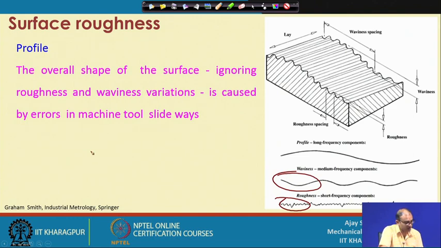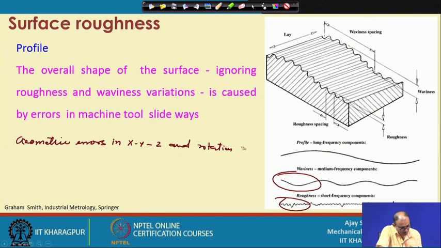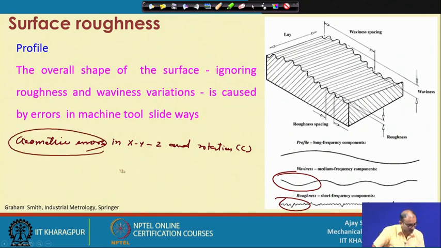Now, consider that we have seen the geometric errors. Geometric errors in x, y, z and rotation, that is c axis. We have seen some animation where your movement was in the x direction, but you are getting a rotation in the y direction, translation in the y direction, rotation in the z direction, translation in the x z direction. So, those are the geometric errors. So, what are those things? Suppose your tool is moving with the tool post in this direction, right. It should be completely straight and your workpiece is here. So, this is your workpiece,